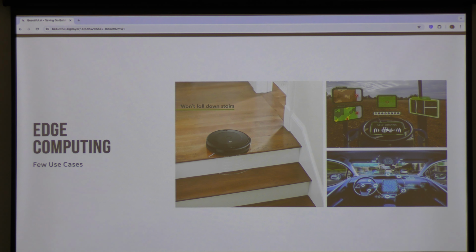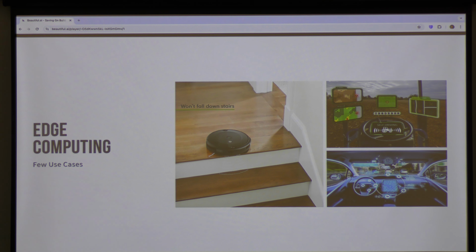It's able to collect all the data from its sensors and say whether it's stairs or not. It's not sending the data over to the cloud. Think about if this were all being done on the cloud, what would happen? Roomba would collect the data from the sensors that stairs are coming, send it to the cloud, and then models running on the cloud would say, yes, it's a stair, now send the data. By that time, Roomba has fallen down the stairs. There could be some delay between data collected and data processed. Because of edge computing, this doesn't happen. It's fast. Collect the data, take the decision.